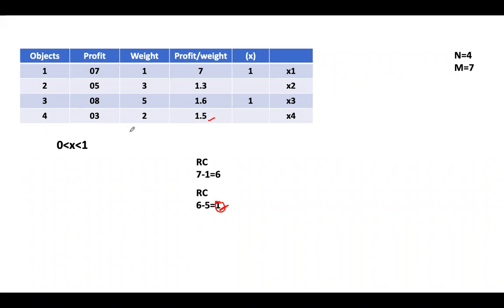What we must do? Among these two, I will just pick 1 by 2. So this entire quantity I will not take. I will take 1 by 2. Among these two, only 1 is possible, so the x value should be 1 divided by 2. The entire fourth object I will not consider because there is no space in the container. We are left with only 1 kg. Among 2 kg, I will just select 1 kg. So what is the remaining count now? The container is full.